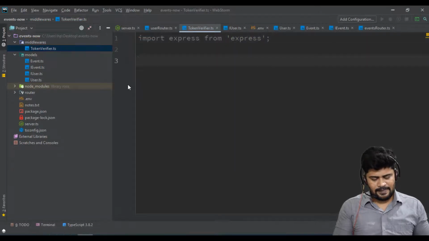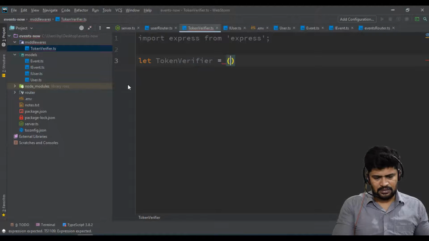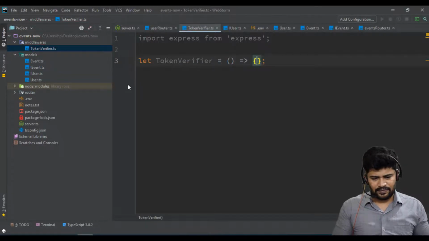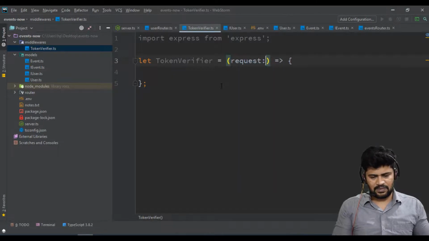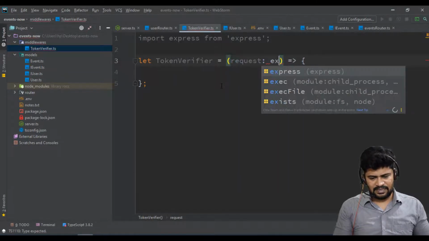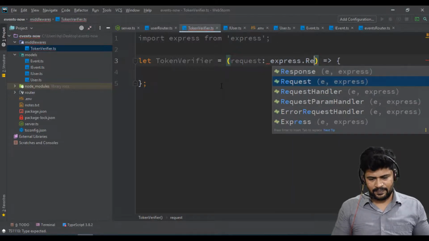Here, let's say tokenVerifier is equal to a function. This will take three parameters. Generally, request and response will be the parameters, but in middleware it's request, response, and the next function. Request is of type express.Request.